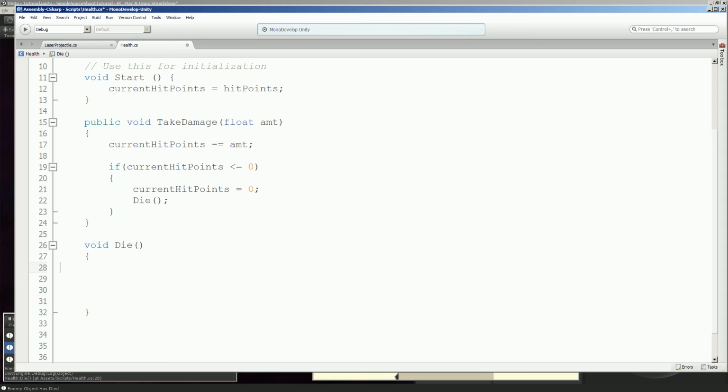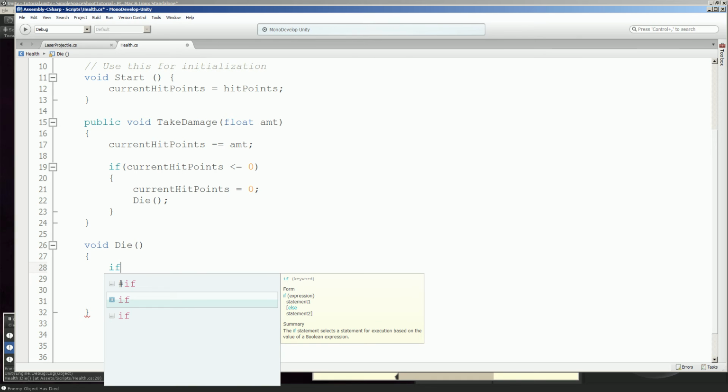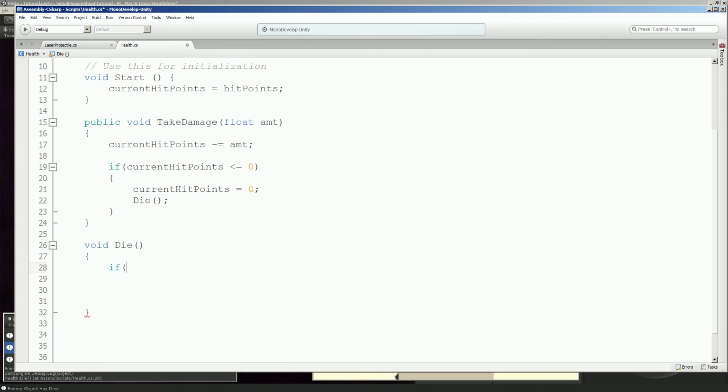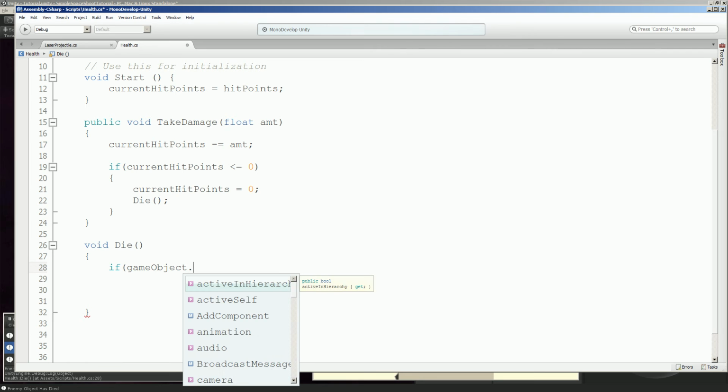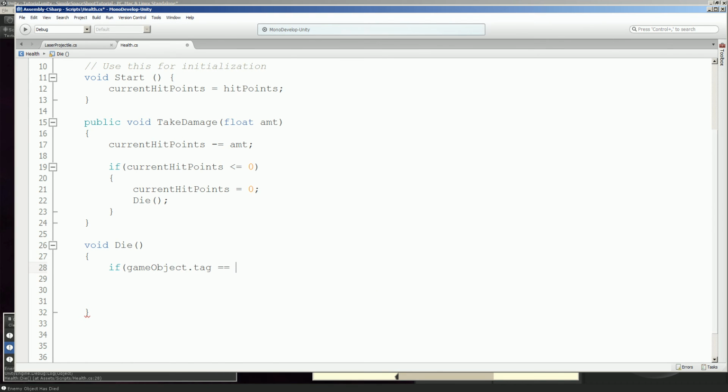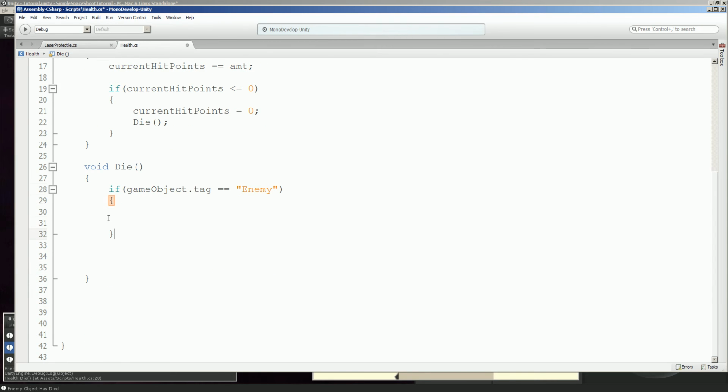Actually, let's just remove it. We're not going to need that in a minute. Where we're going, we don't need roads. So we want to ask a question when his hit points are 0, and he's basically, I'm going to die now. We're going to say if GameObject.tag equals enemy. We've seen this before, earlier. Then we want to do something. We want to say, alright, if it's dying, and it's lost its health, and it's an enemy, okay, it's tagged with that,